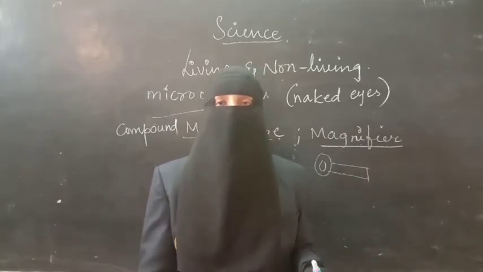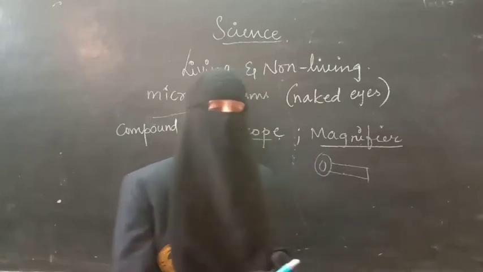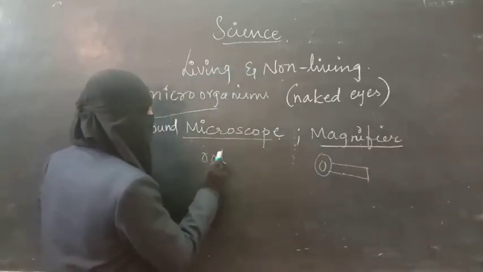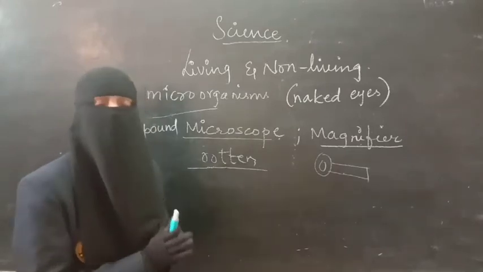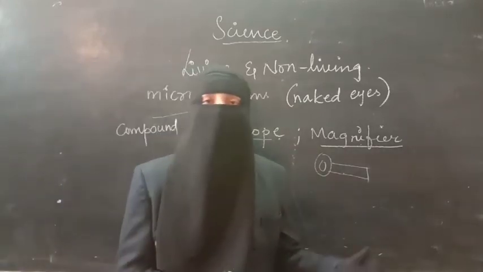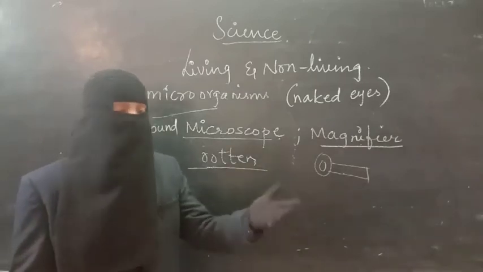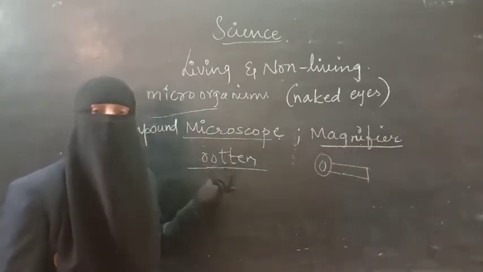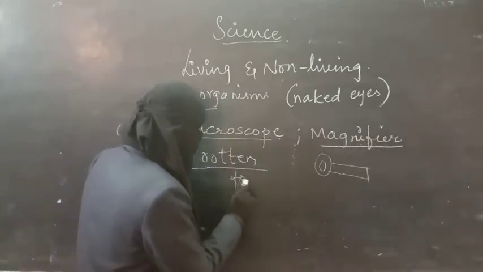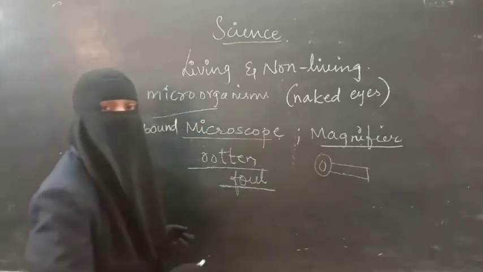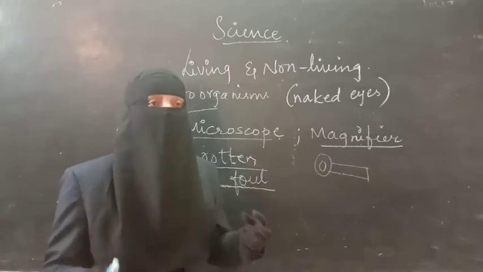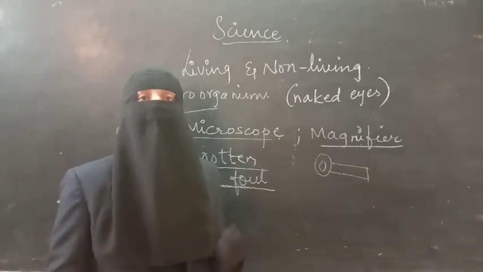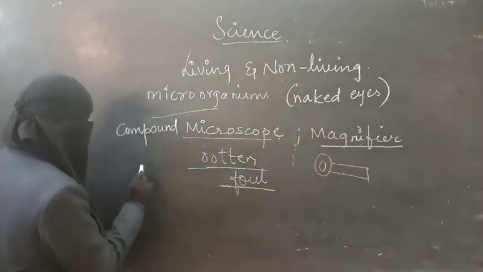After 4 days, you will observe that the bread has rotten. Why has it rotten? That is because there is no fresh air and no light. That's why the bread has spoiled. A foul smell, meaning a dirty smell, will be coming up, and you can see grey color spots on it. Those grey color spots have thin hair-like structures. Those hair-like structures are nothing but mold.